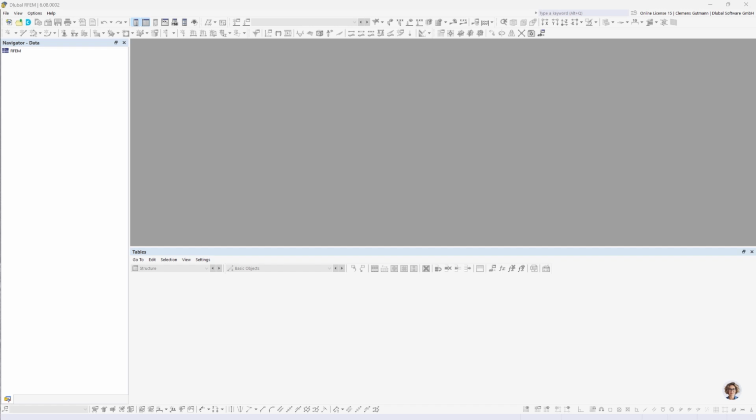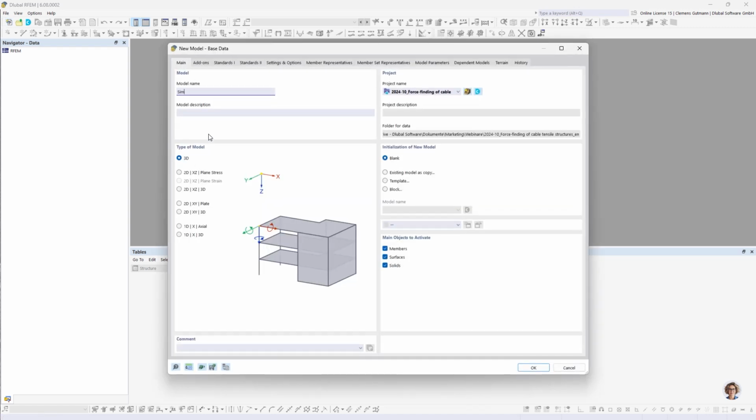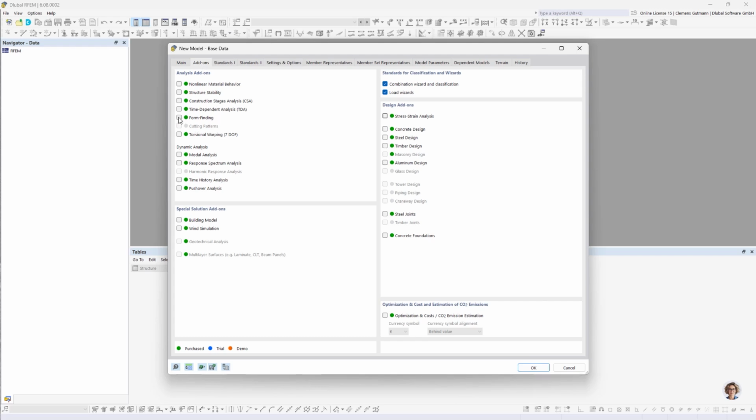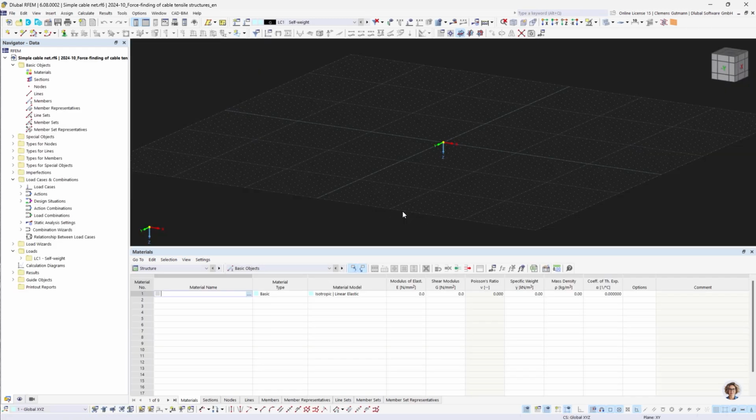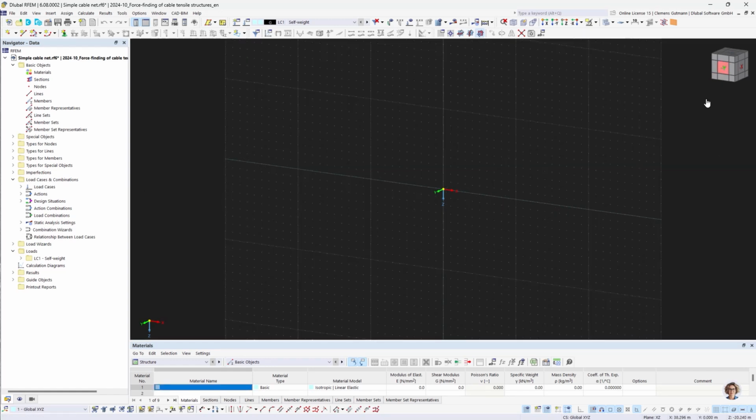At first, we need to create ourselves a new model. I'm going to name it simple cable net. And I'm going to deactivate surfaces and solids as I don't need them. That way the data navigator becomes a little bit clearer. Additionally, of course, we need the add-on Form Finding. We then proceed with the